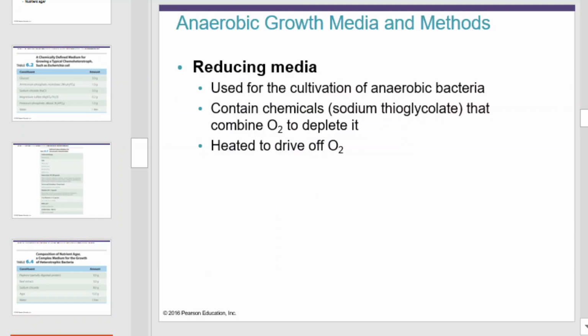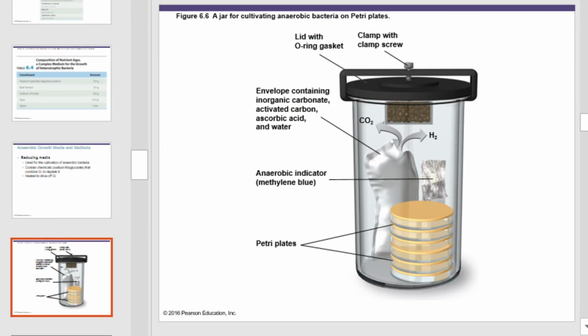Next are reducing media. Reducing media are used for the cultivation of anaerobic bacteria. They contain chemicals like sodium thioglycolate that combine with oxygen to deplete it, or we might use heat to drive off the oxygen. This is an example of a